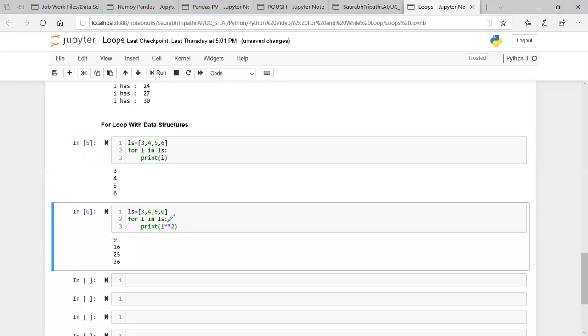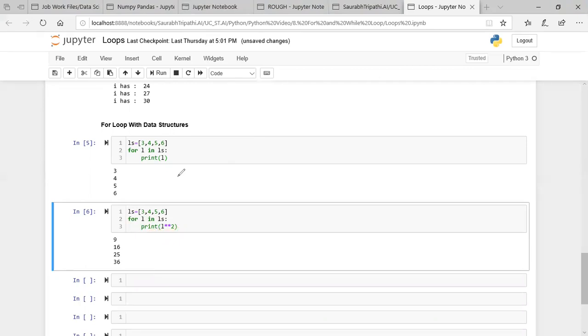So what is really happening here? Each time it picks one element. It picks 3 and puts this value in L. Then this L will go inside this, and it will simply find the value of L power 2 and give us the output like this. In each loop it will print a value. So that's how a for loop really works, and that is how it is getting us the output. This is how you use the for loop for each container.